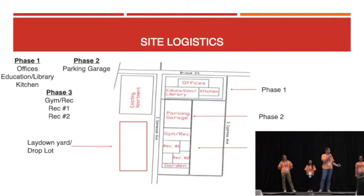Just south of the existing apartment that's across the street from Glenwood Avenue, we're going to be incorporating a laydown yard and a drop lot that we will be renting out in phase 3 for the deconstruction of the crane, as well as dropping off any material. I would also like to add, off of Glenwood Avenue, there is an existing power line that runs the whole span of the road. So we are going to do temporary power to relieve the safety precautions with the crane